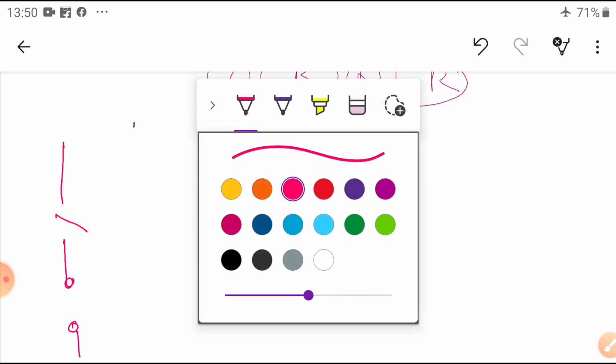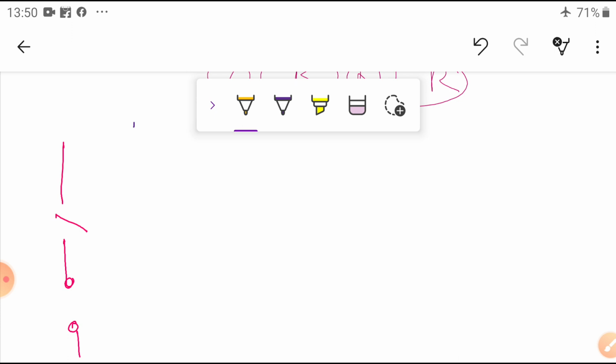Next Y phase, switch, terminals, then B phase, terminal, this terminal. Okay, these are the phases, R phase, Y phase, B phase.